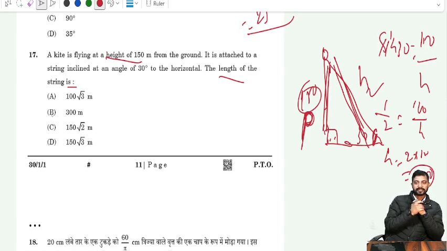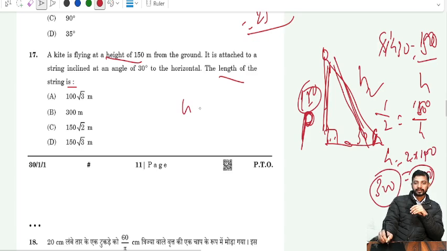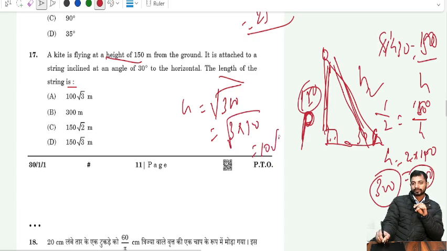No, but there is something wrong. What is wrong? This is P by H, sine theta. Oh, sorry, it is my bad. This is not 100, this is 150. So this is 2 into 150. 2 into 150 gives you 300. So height is equal to under root of 300. If you solve this, this gives you 3 into 100. The square root of 100 gives you 10, so 10 under root 3 is the answer of this question.